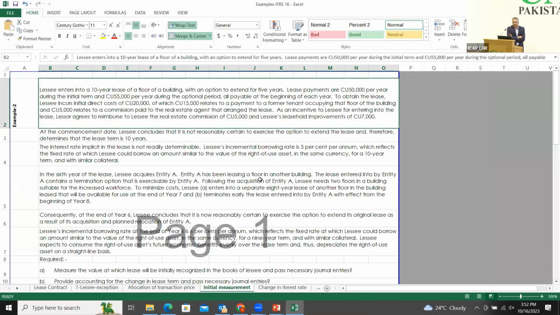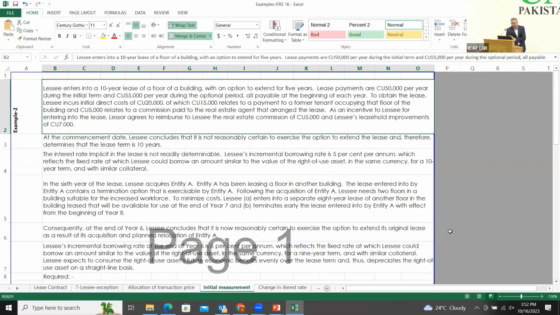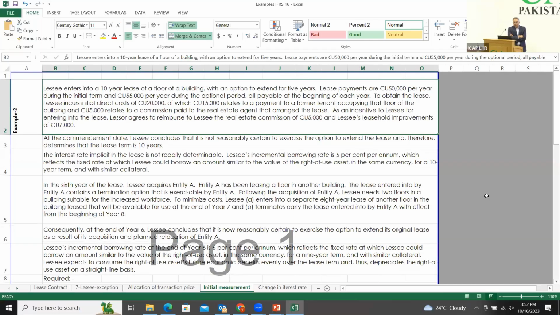The lessee enters into a 10-year lease of a floor of a building with an option to extend it for 5 years. Lease payments are 50,000 per year during the initial term and 55,000 per year during the optional period, all payable at the beginning of each year. To obtain the lease, the lessee incurs initial direct costs of 20,000, of which 15,000 relates to a payment to a former tenant occupying the floor of the building, and 5,000 relates to commission paid to the real estate agent that